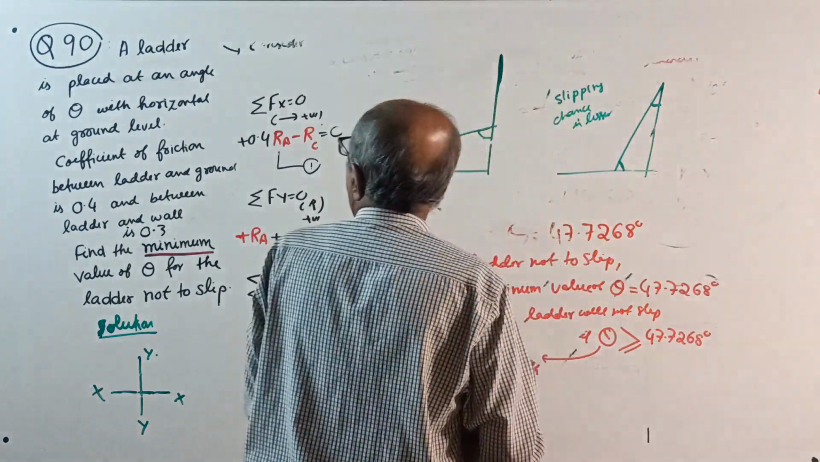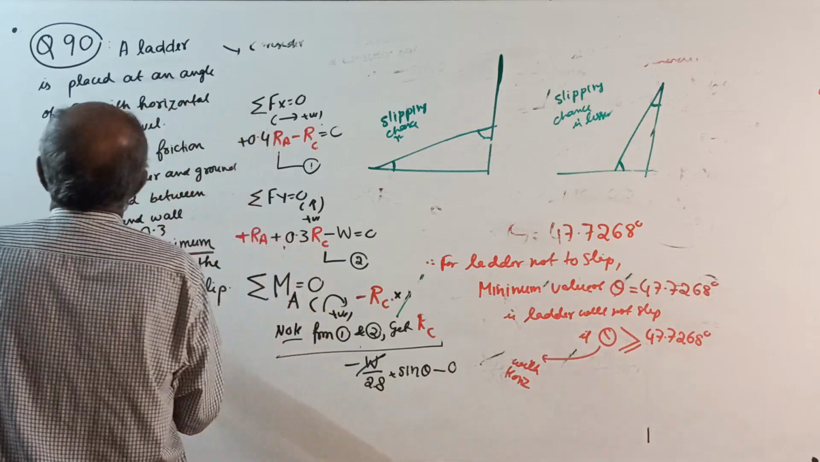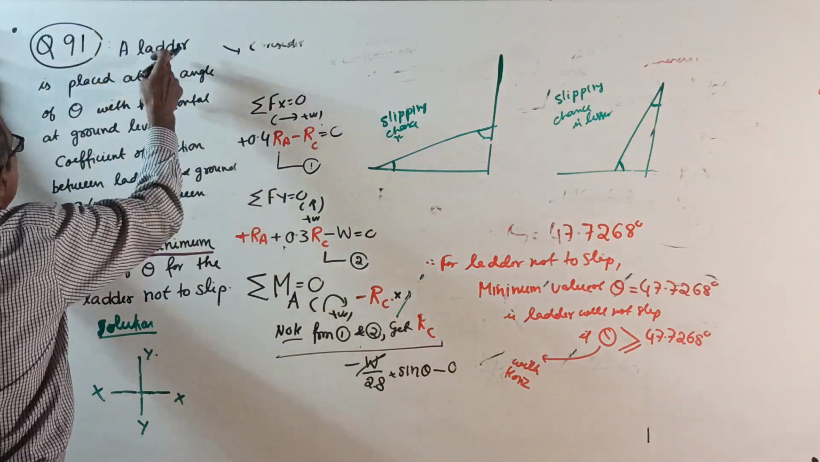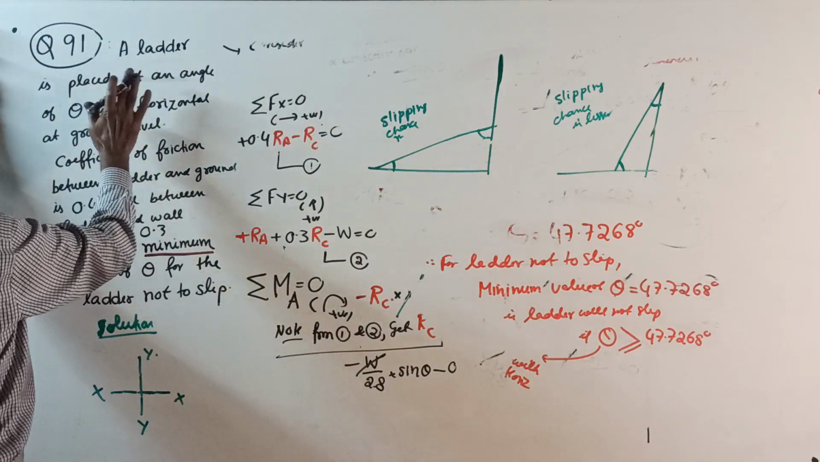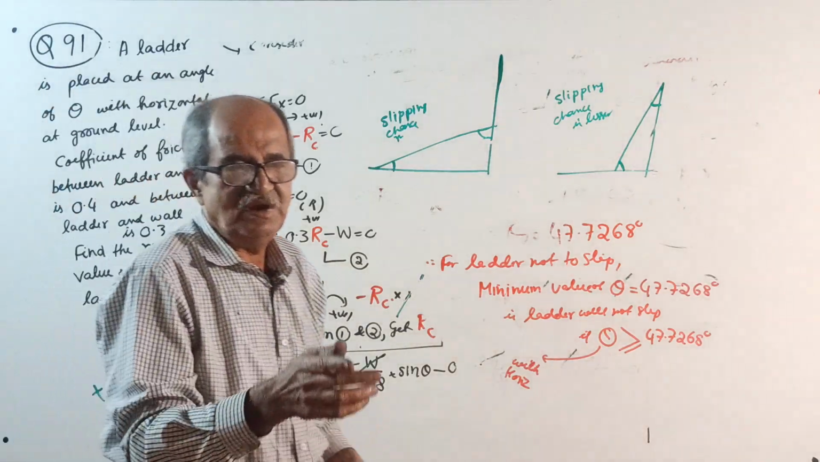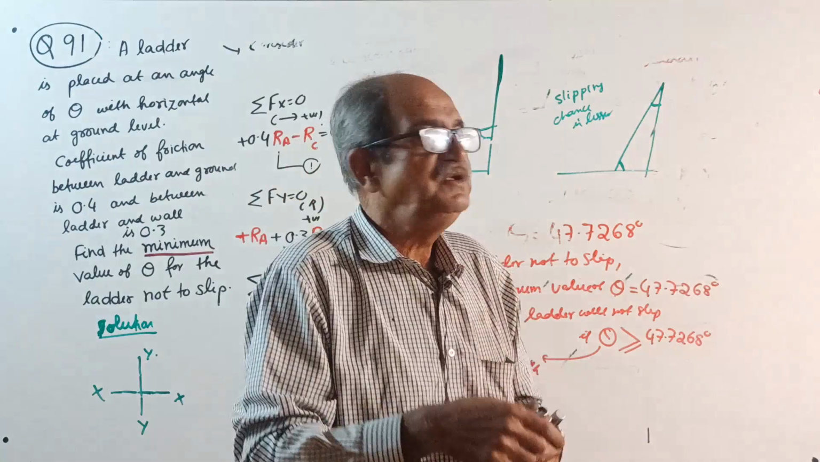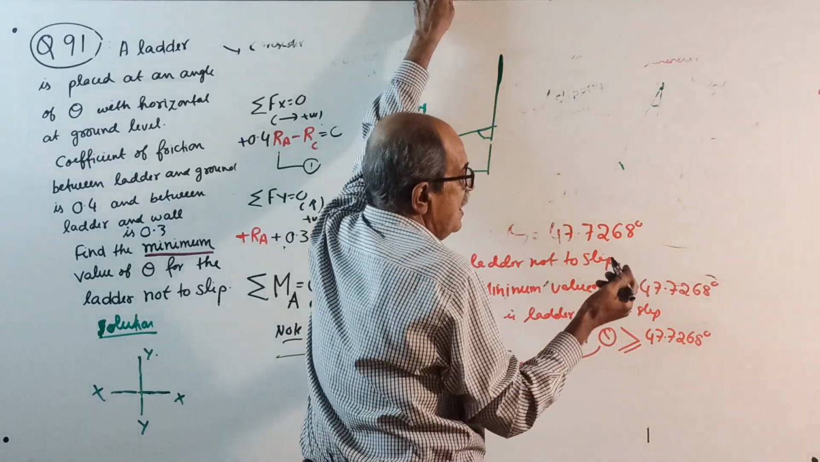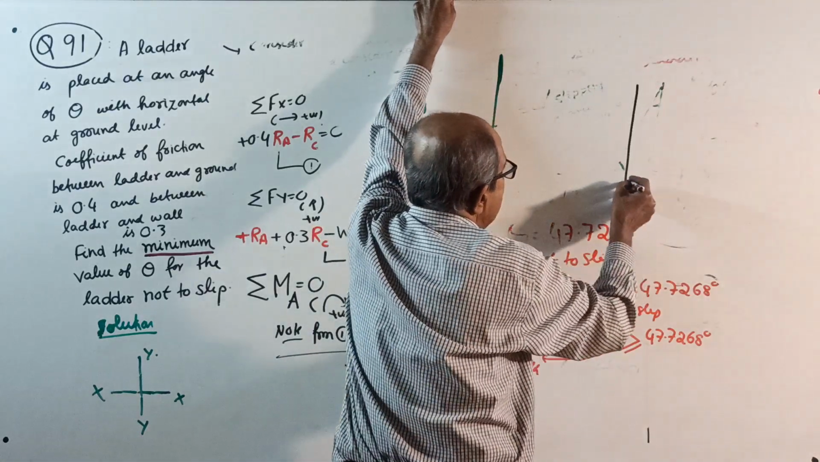Now I will do one thing. I will prepare question number 91. I will solve it briefly here. A ladder is given. For this question, I will give a sketch so that I have the ladder. Usually, when you solve a question on a ladder, now onwards up to the end of the chapter, I usually like the ladder to be placed